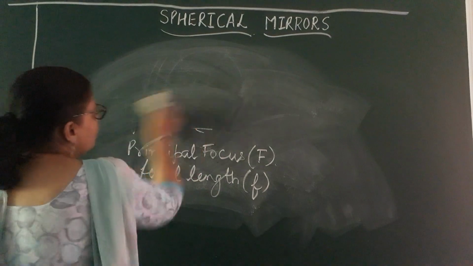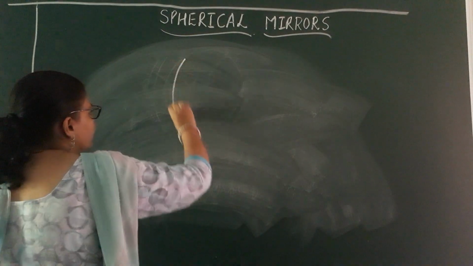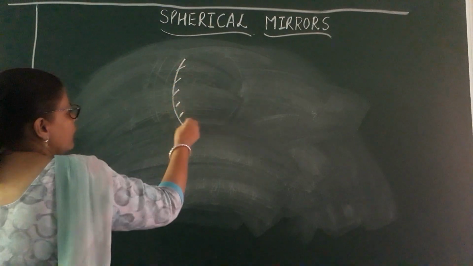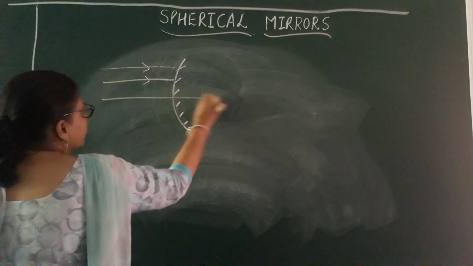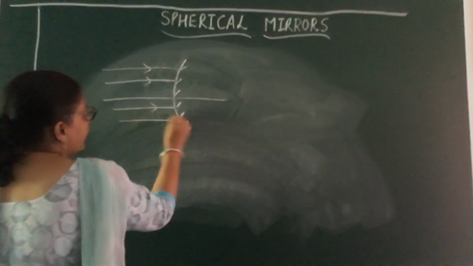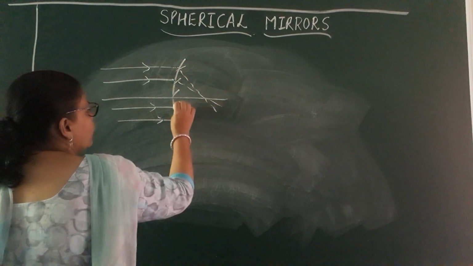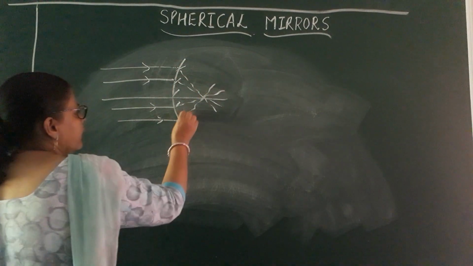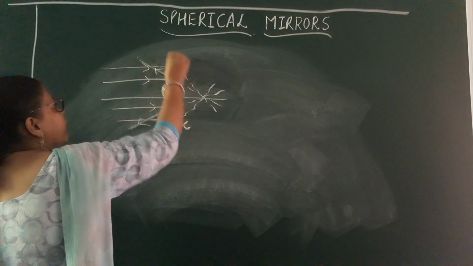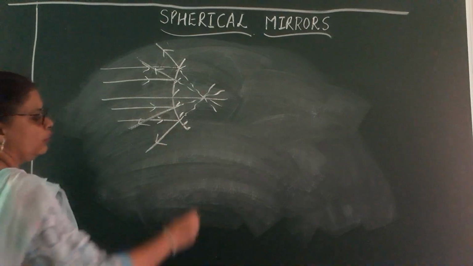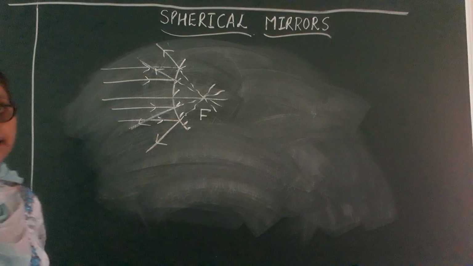Now let's move on to convex mirror, children. I will draw the convex mirror for you. See, this is the convex mirror. I will take two parallel rays here. This is the principal axis and two parallel rays down. I have already shown you this diagram. I am drawing it once again. Okay, here this is the diverging action. I showed it to you. Okay, fine. Now I come to the same principal focus and focal length once again for convex.